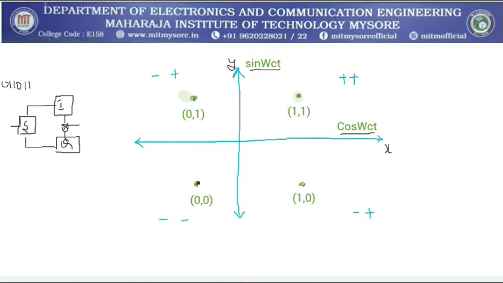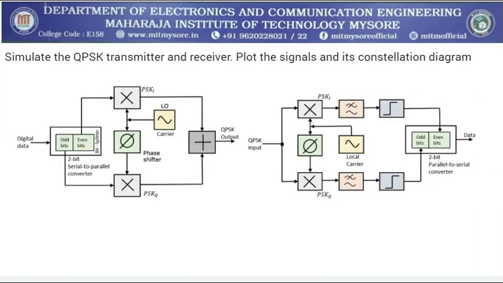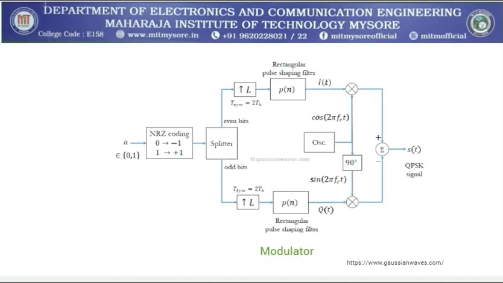Before going to that, I have a question for you. How would I convert these blocks to the mathematical perspective, or with the help of signals and systems, how would I say that I need to take odd bits and I need to take even bits? How would I represent it? That can be learned by using this slide. We have already checked NRZ and RZ coding. If I want to take only the odd and even sequences provided by, say, some pseudo random generators, the condition that we need to apply here is NRZ coding.